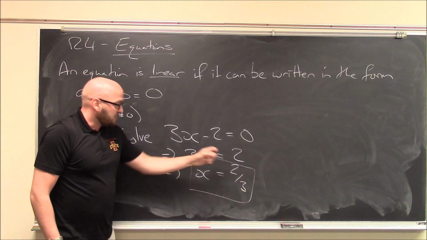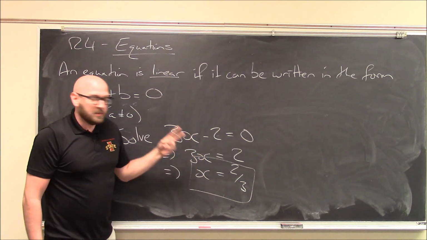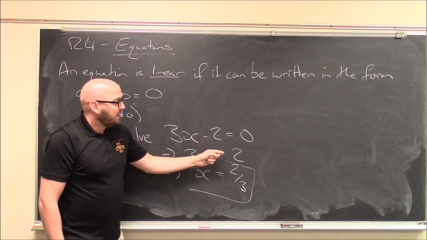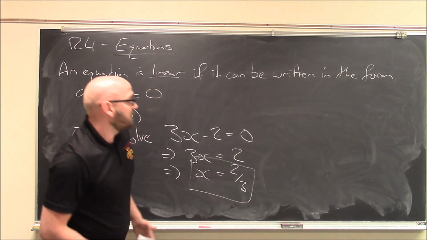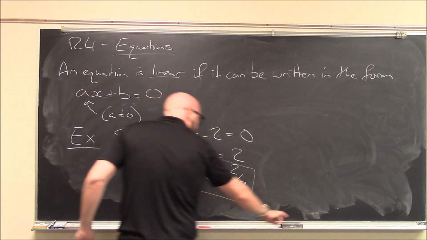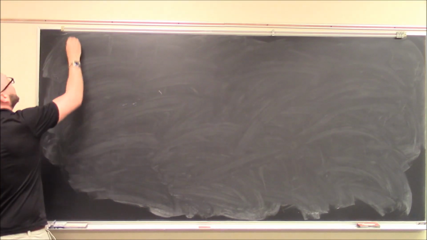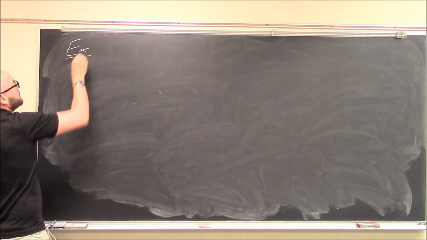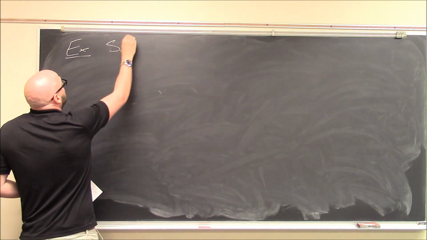You can come back here and check this if you want. Plug in x equals 2/3, and I've got 3 times 2/3, which is 2, minus 2, does indeed equal 0. It's a true expression. Okay? So there's our solution in this case. And before we move on to the next type of equation, I just want to do one more example. Let's say solve